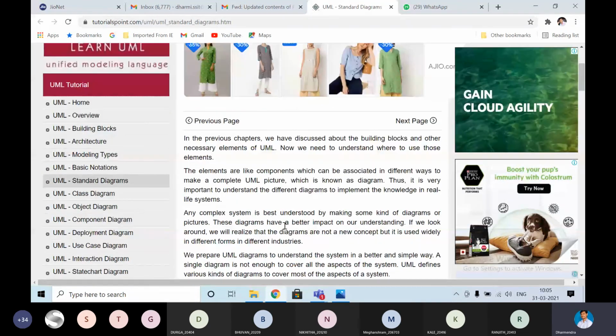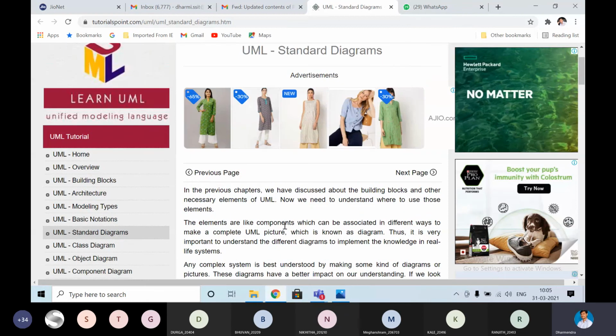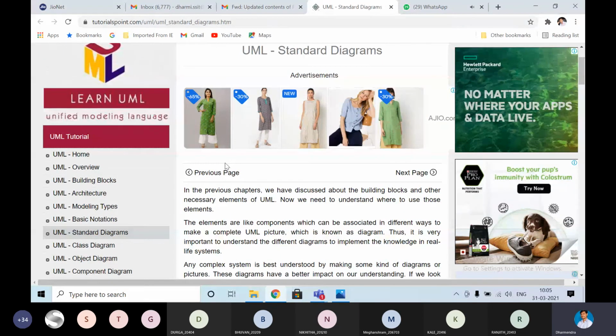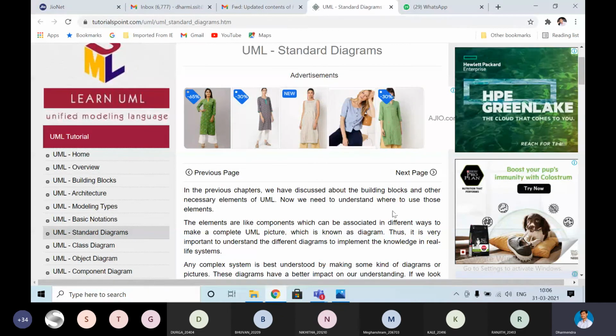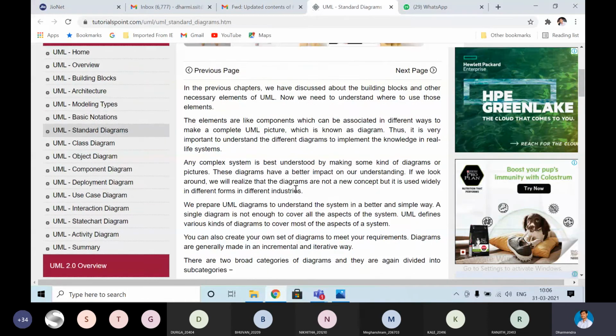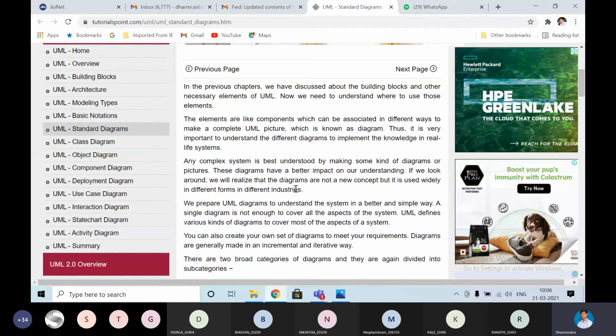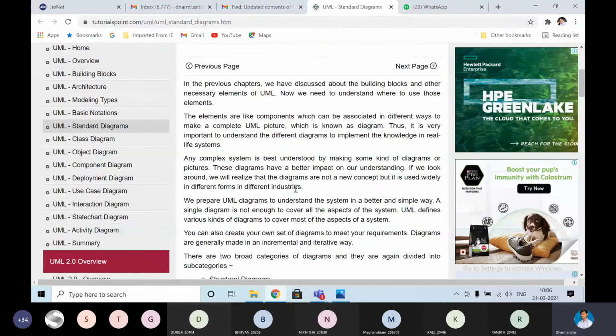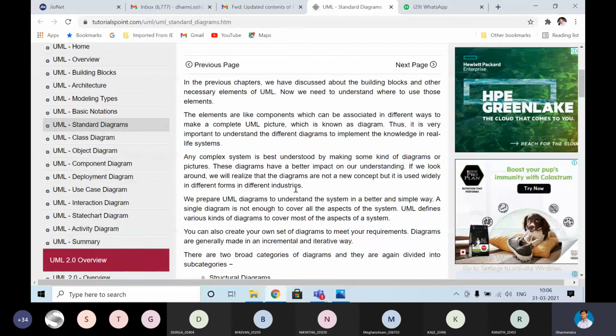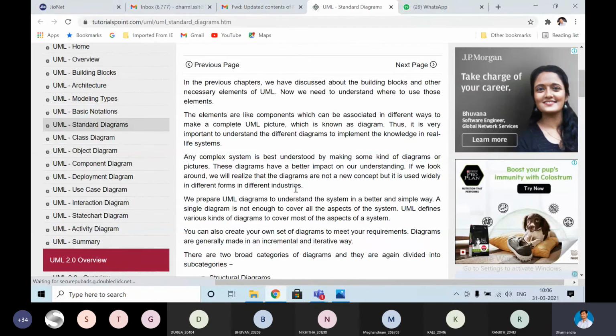So they will give, for example, if you are doing shopping, the user is an object, and communicating with the system will also be treated as a different type of component. Likewise, they have identified here that OOAD is nothing but to design the system, that is to create the blueprint of the project.